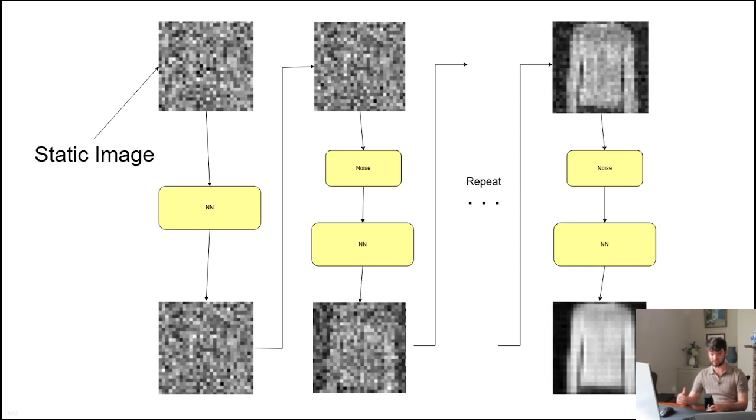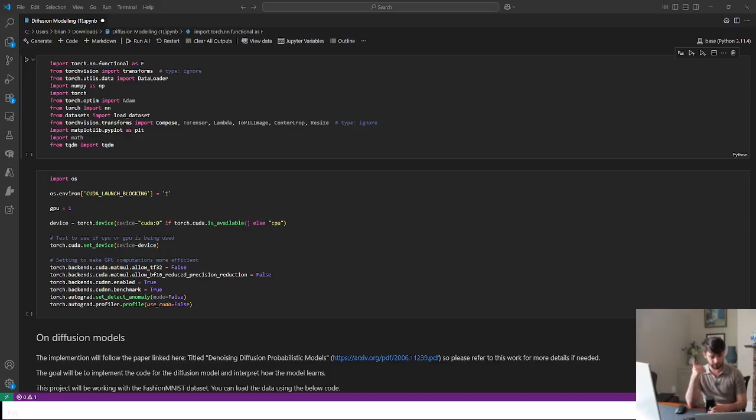And this is how we basically generate new images similar to the ones that the neural network has been trained on. So jumping into the code here,